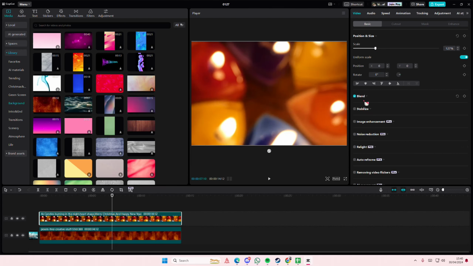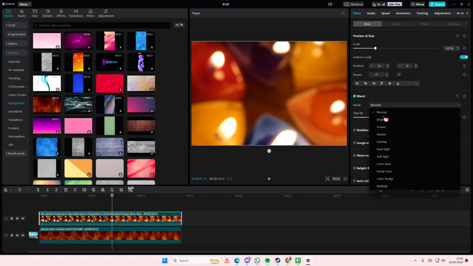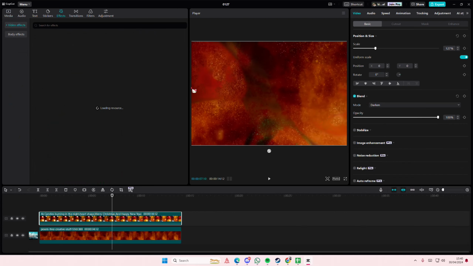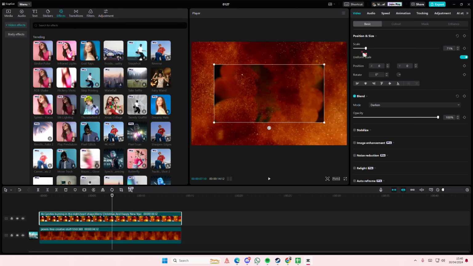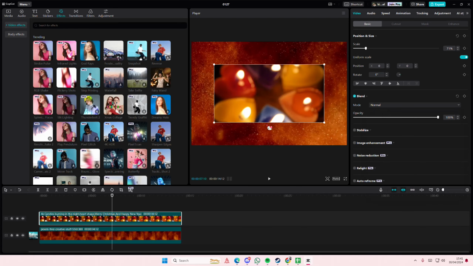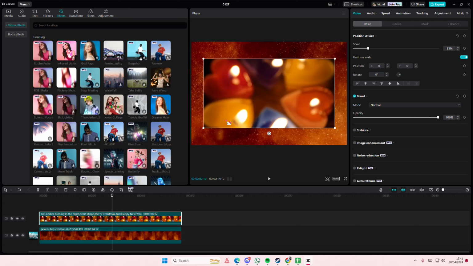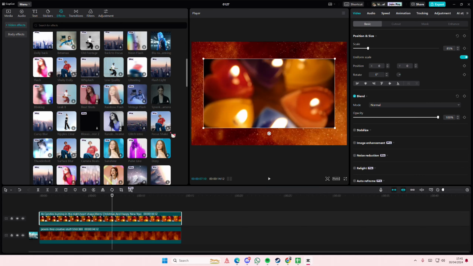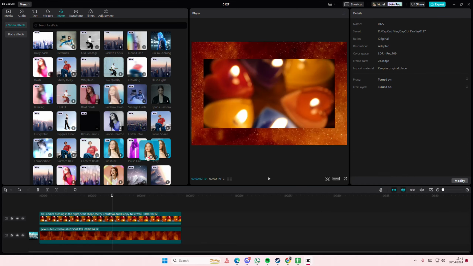So I'm going to, for instance, go to blend mode and select darken. And I'm going to select effects. I'm going to scale it down so you can actually see that I'm just placing it on the overlay. For instance, I want to add in this one. I'm just going to grab it and I'm going to place it inside of